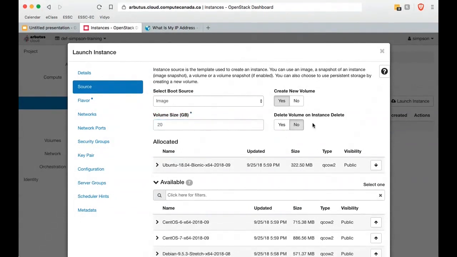And you'll also notice that on the right, I have a choice here. Do I want to delete the volume on instance delete? So do I want this volume, even though it's separate from the virtual machine or the instance, to be destroyed if I destroy the VM? And typically here the answer is no, and that's the pre-chosen option. But again, you could have it be the case that they're separate, but you delete the VM, you can delete the volume.